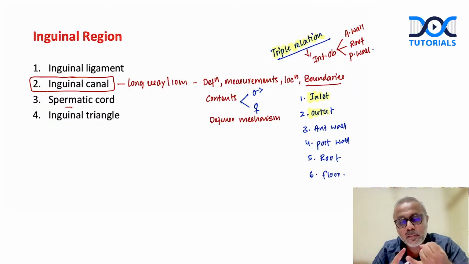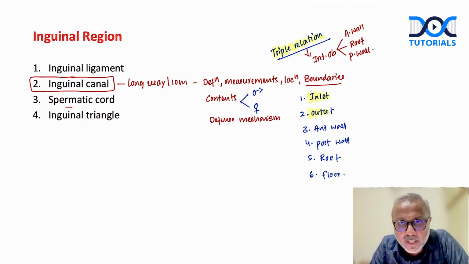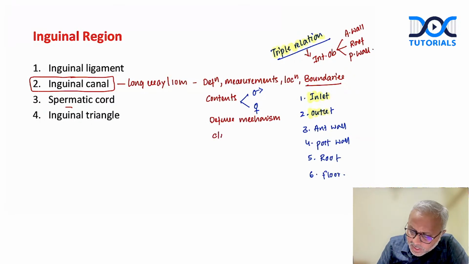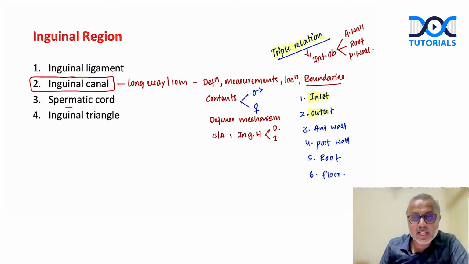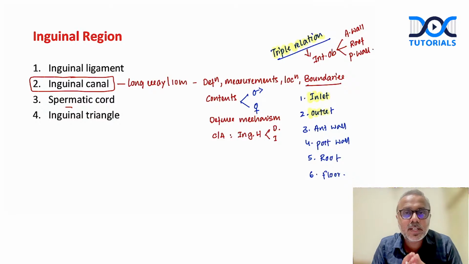What is the defense mechanism of the inguinal canal which prevents the occurrence of inguinal hernia? The ball valve mechanism, the flap valve mechanism, the shutter mechanism, the guarding mechanism, the obliquity of the inguinal canal, right? The intra-abdominal pressure. All these prevent the occurrence of inguinal hernia in normal individuals, and we need to list them. And then of course, the clinical anatomy, where we need to talk about the inguinal hernia and its two types, direct and indirect.